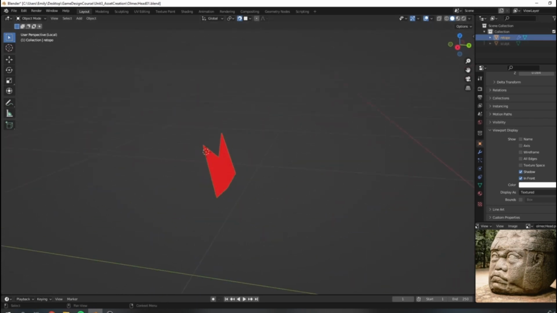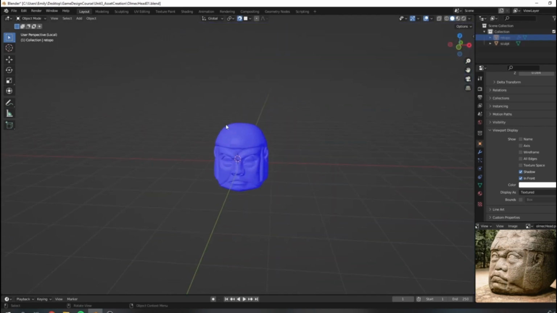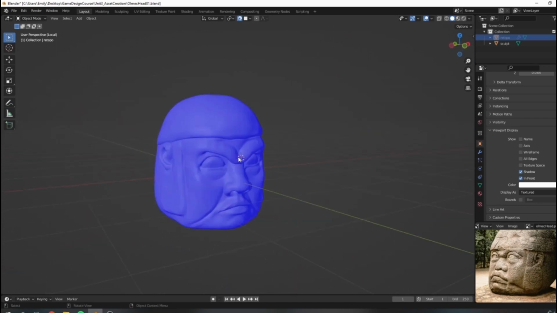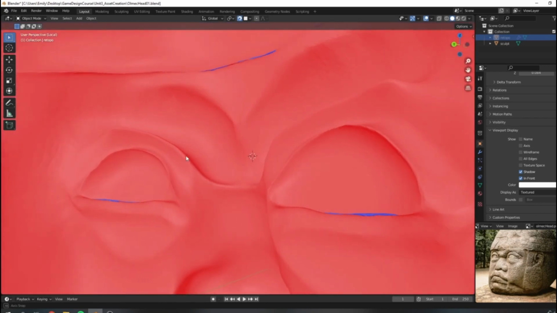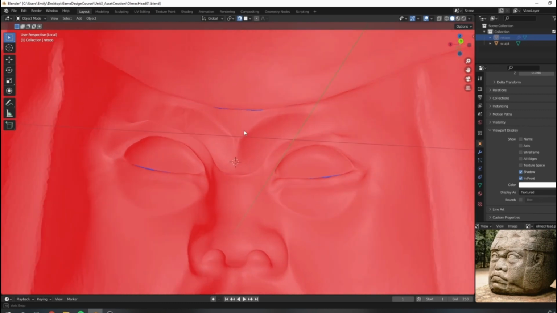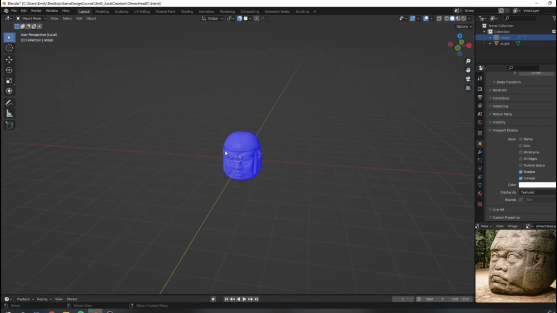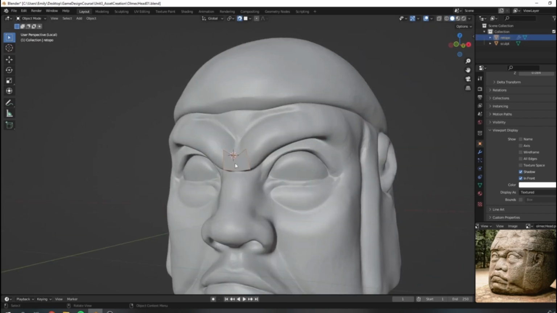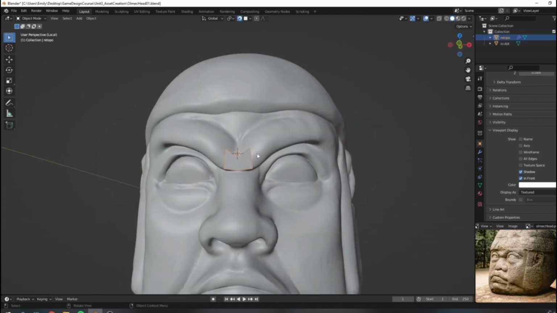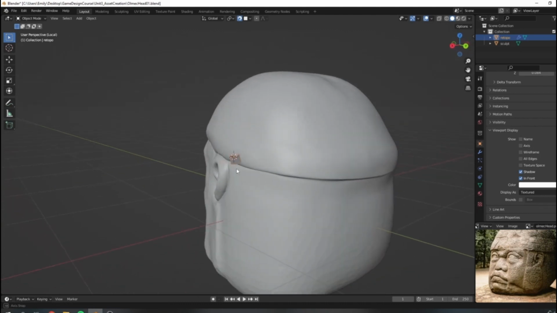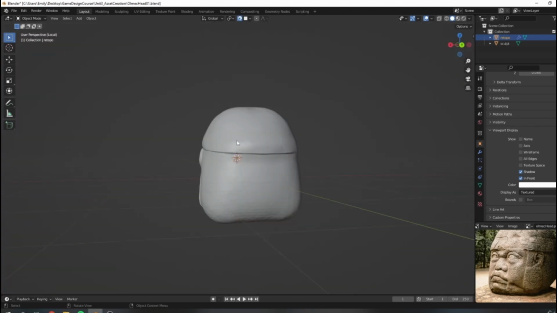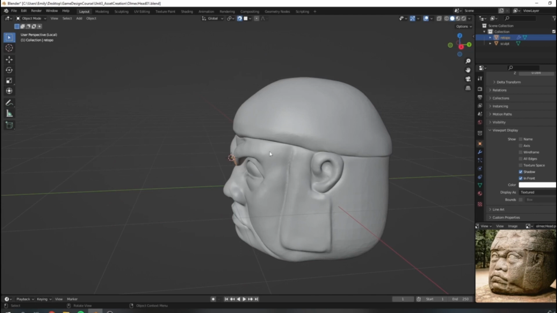So we need to make sure at all times that when we have a closed object, such as this one, that we cannot see any red in it, and that all these faces are facing forward. Because if we move to the inside, we'll see that the red faces are all in the back. So as I said before, we have rendered this retopology plane as being in front of this, which is great for when we're viewing it from this angle, but when we are trying to retopologize the back of this, it's going to get very confusing as to what is part of the face and what is part of the back